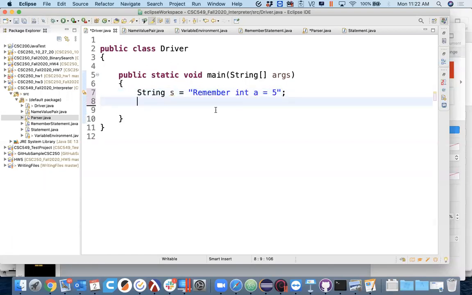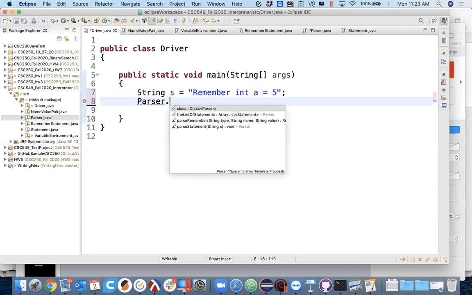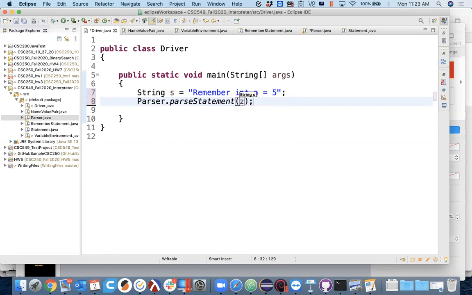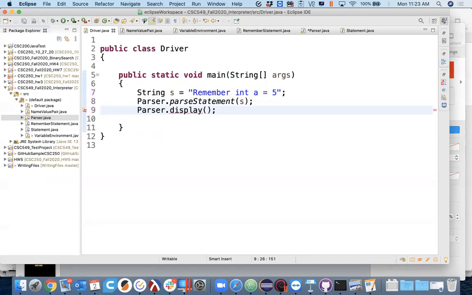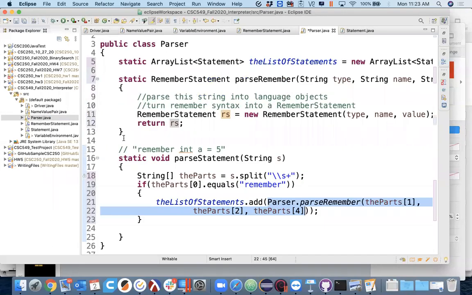And then I'll go ahead and say parser.parse statement. I'll pass it s, and then I'll say parser.display. I haven't written it yet, but I'm about to go write it. And that guy is going to go through and show me all the statements it parsed. So if I go into my parser,